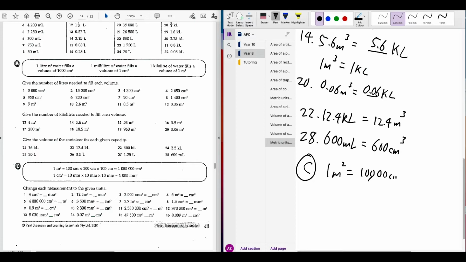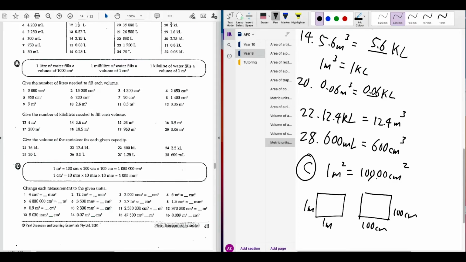10,000 centimeters squared, right? Because we know that 1 meter squared is going to be 1 meter by 1 meter. And that's going to be equal to what? 100 centimeters by 100 centimeters, right? So to convert from meter squared to centimeter squared, you need to convert the length into centimeters and multiply them together. So that gives you